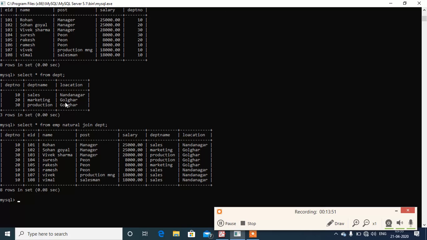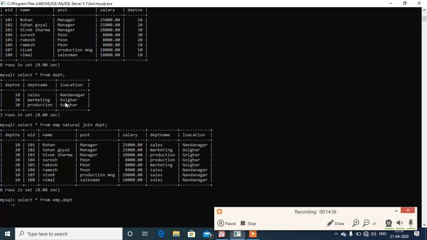Now we are going to talk about equi-join. In case of equi-join, we need to pass the equivalent condition. There are two or three ways by which we can perform the equi-join operation, and I am going to show them one by one. Please keep a constant view on whatever I am typing on the screen. The first way is select asterisk from EMP comma DEPT.